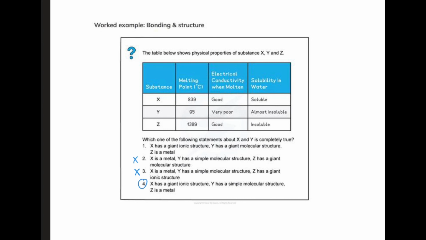Number 4. So that's why when you do multiple choice, sometimes we have to reject first before we get the answer. So we reject 2 and 3. Then only 2 choices remain. Then we just look at Y to decide. It will be easier. So we reject the wrong ones first, then we choose the answer afterwards. Okay. So